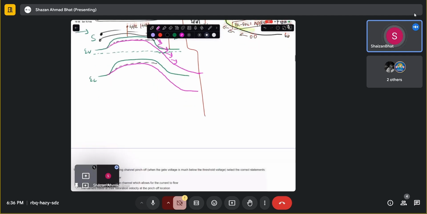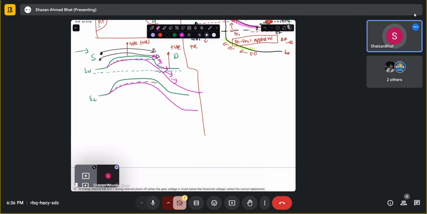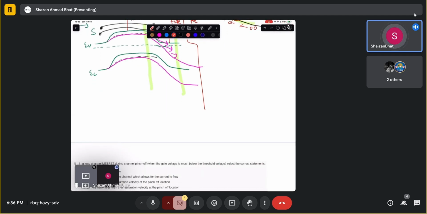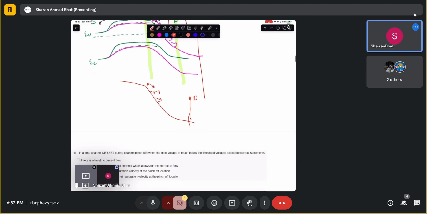And if you apply a drain voltage huge enough, that creates this band bending and this particular profile, a region where you have a huge band bending. If there is an electron present here, let's say this is the drain end, it will go down the hill. This particular region is basically where the velocity can reach something called the saturation velocity, because you know that